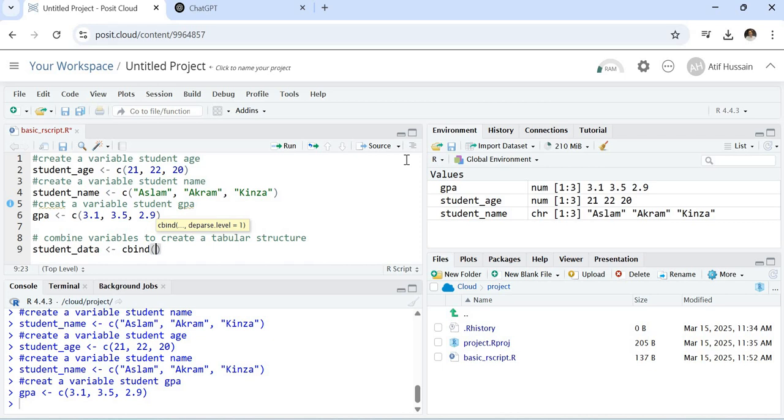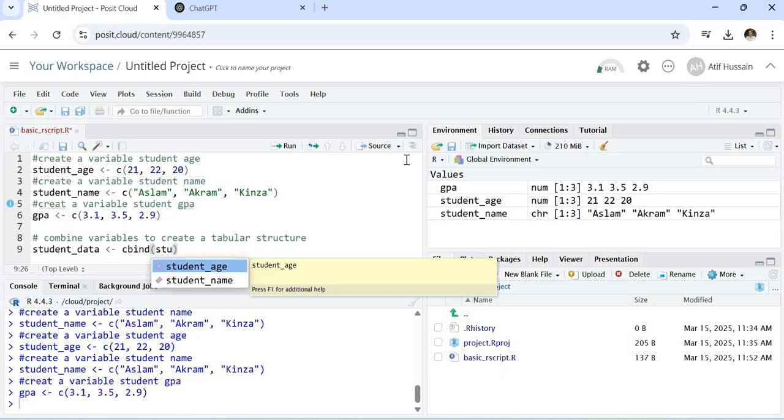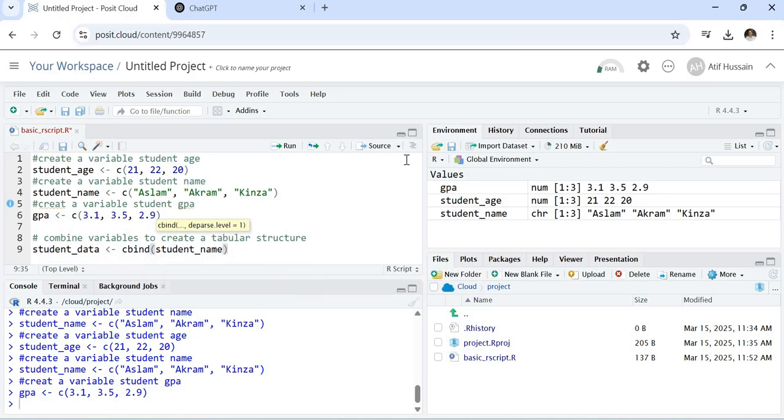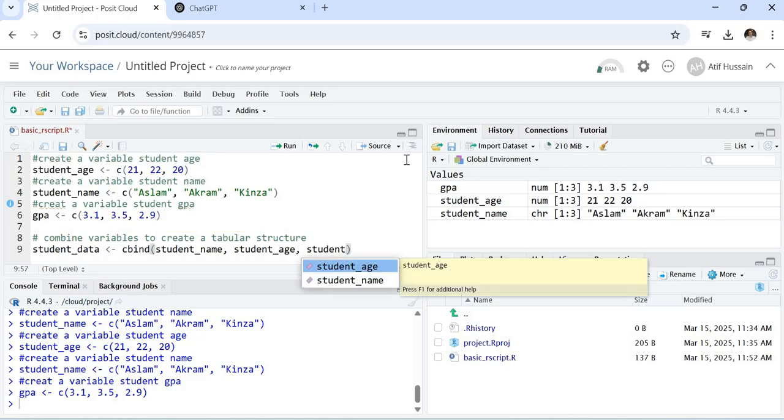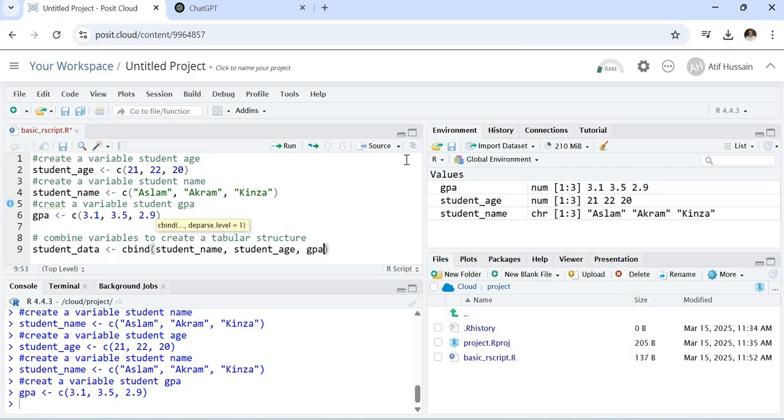Cbind stands for column bind. So you are binding columns. What I am going to do is to first write student name, then student age, and then student GPA. Okay,